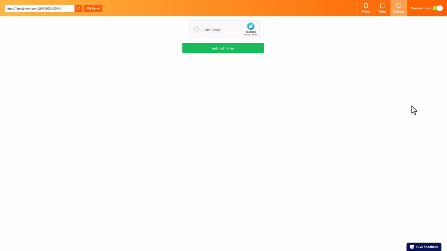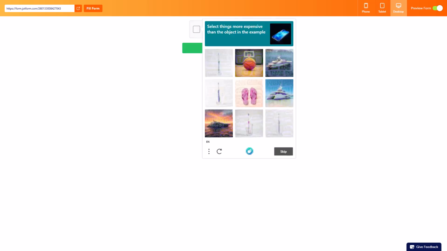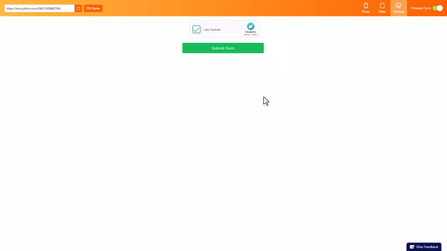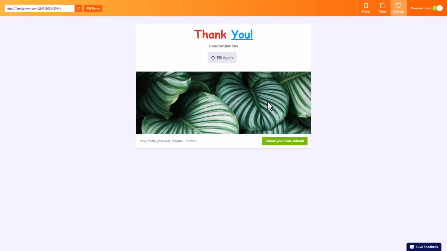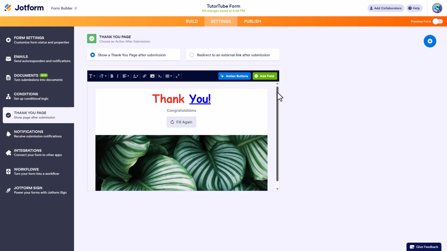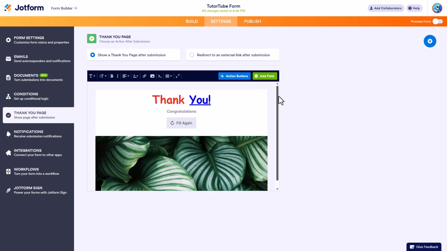So let's just do that. And it says select the things that are more expensive. So let's just choose this and click on submit form. And then you can see that I get the fill again option. I got the link right here, the image that I selected, and so forth, just like this. So that is how you can enable and change the thank you page as you like